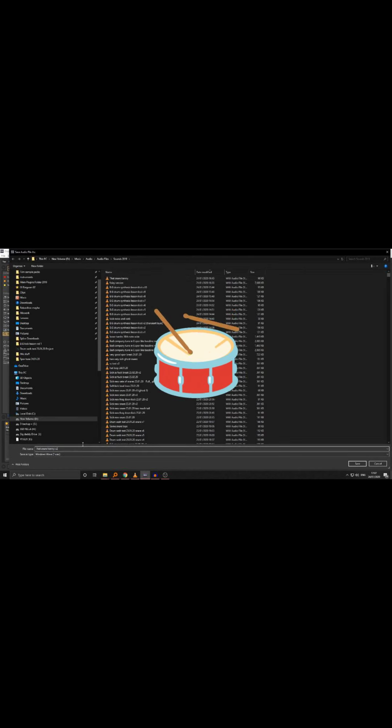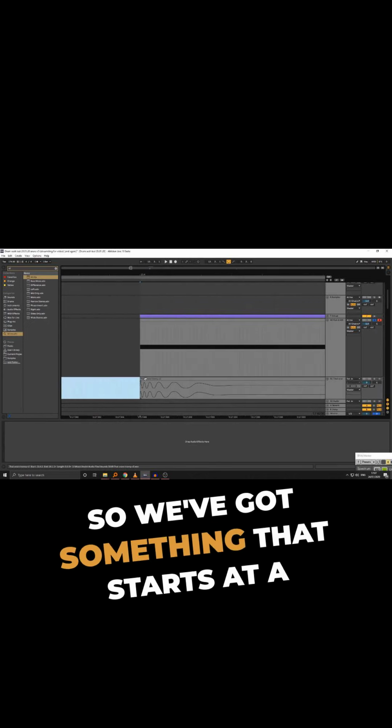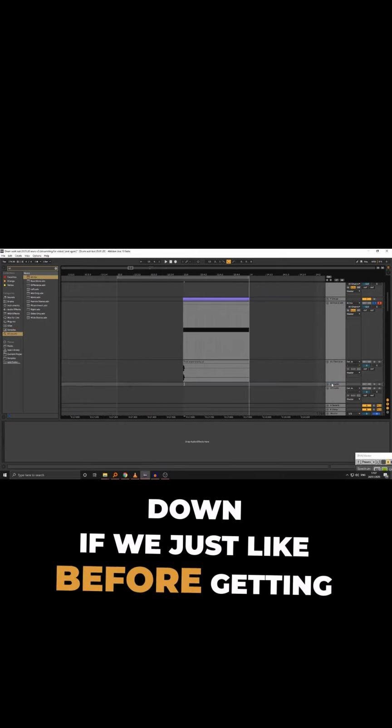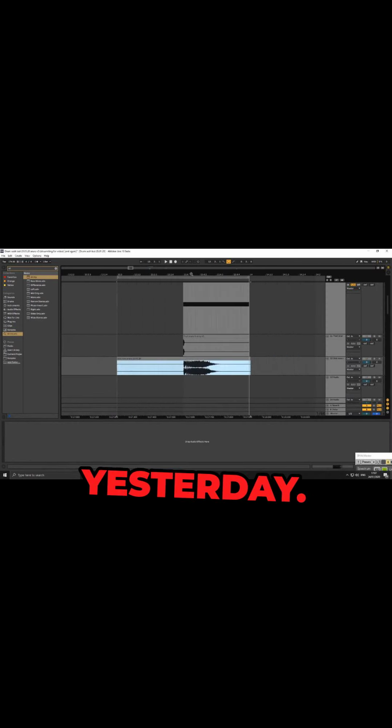Snare 22. Alright, yeah, so we've got something that starts at a slightly higher frequency and then slows down. If we, just like before, get in a reference, so let's find a snare. Here's one I made yesterday. Whether or not we'll get to that exact level, I don't know, because